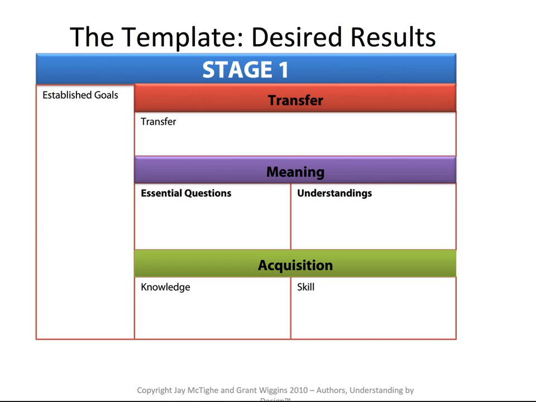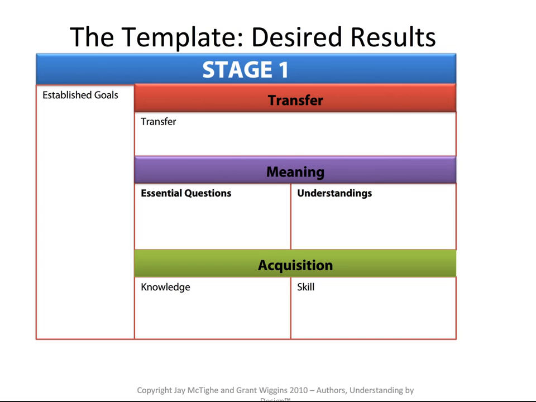And then up top, we need to think about what's our transfer goal. And our transfer goal is really that idea of putting wheels on the learning. And so I talked about the performance task in stage two. That transfer goal should very much align and signal with what you want that performance task to be. So what is evidence of students being able to use this long-term use of what they're learning? We also want students to make meaning of it, and so there's that emotional connection that they can make among what they're learning, and they can see a point to it, and that's where essential questions and understandings come in.